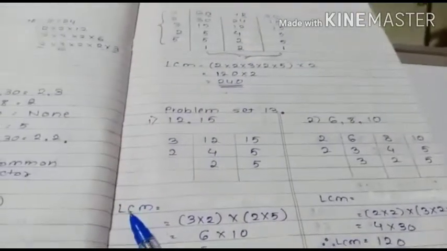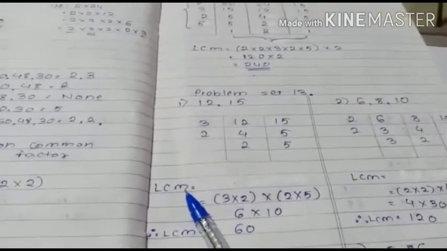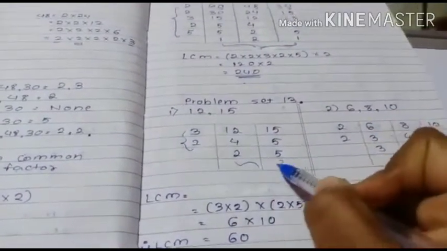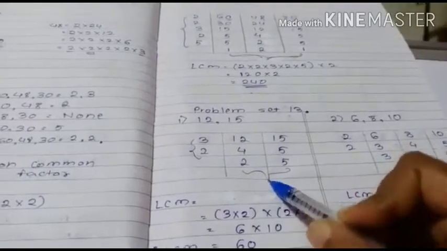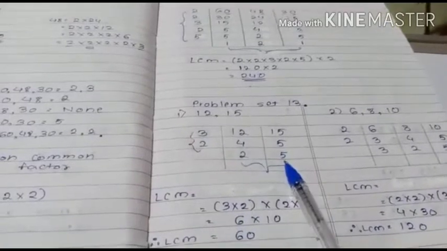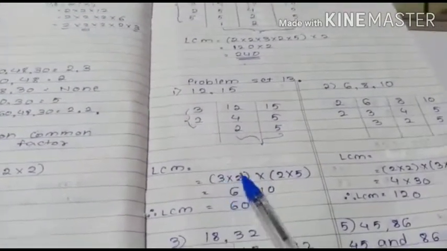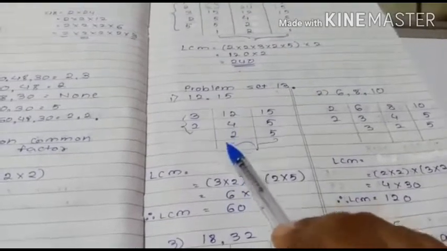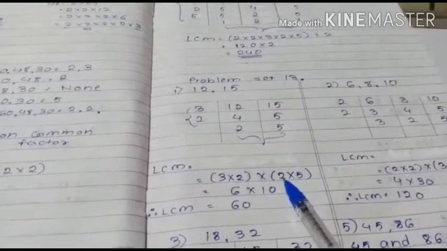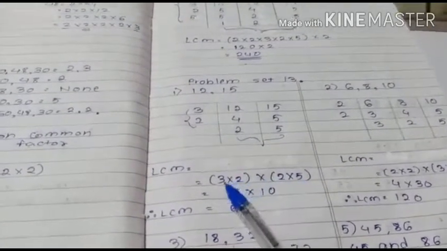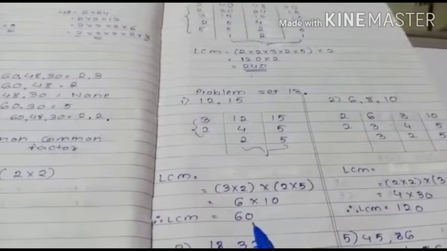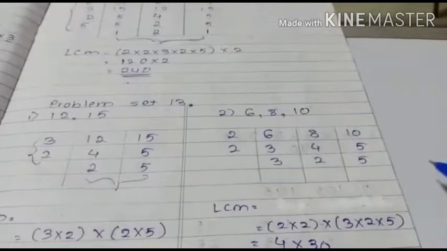So now, what LCM have we got here? As I said earlier, we have to take these factors also and these last factors also. So what LCM will come? 3 multiplied by 2 in one bracket, and these down factors we have to write in the next bracket. So it will come multiplied by 2 multiplied by 5. 3 2s are 6, 5 2s are 10. So my LCM is 60. Clear to everyone? Now just see the next one.